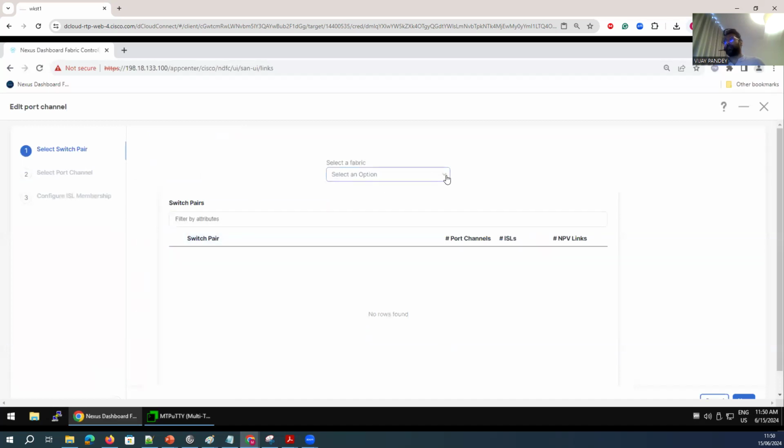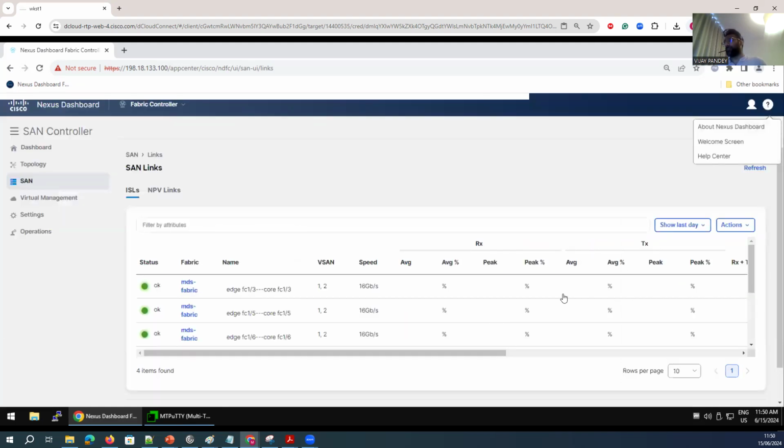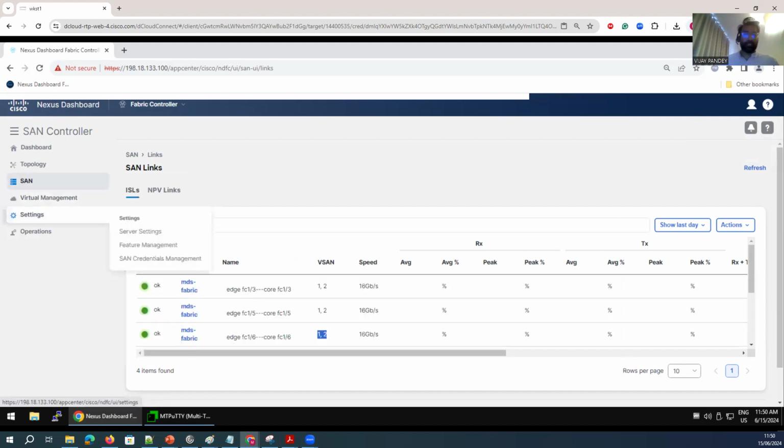If I go to this particular fabric, it's currently not showing, which is strange, but it is already created, so no need to worry. And it should be bound. You can see VSAN 1 and 2 are already allowed on this port. Once the port channel is done, which is not showing well here, which is okay,